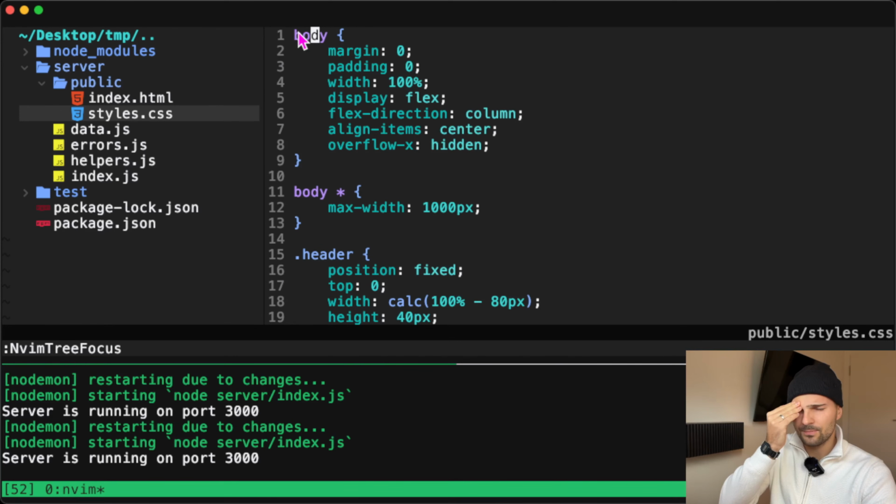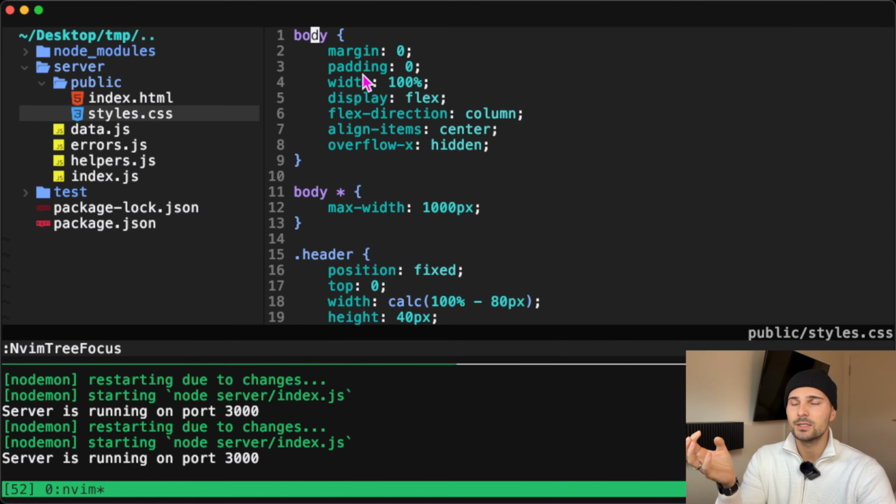So CSS works in a way that we define rules of styling. Okay, so we define rules of styling, like margin should be 0, right? That's a rule we want. And then we also define what elements that rule applies for. So for example, here we say that